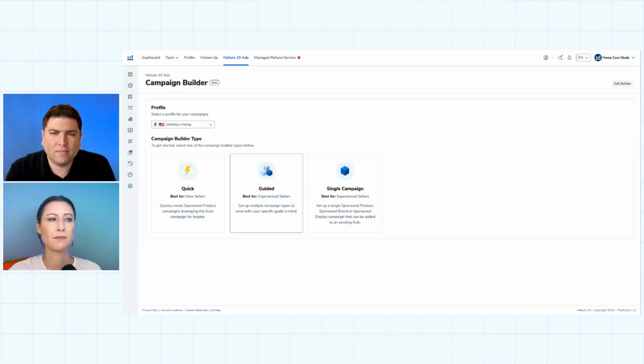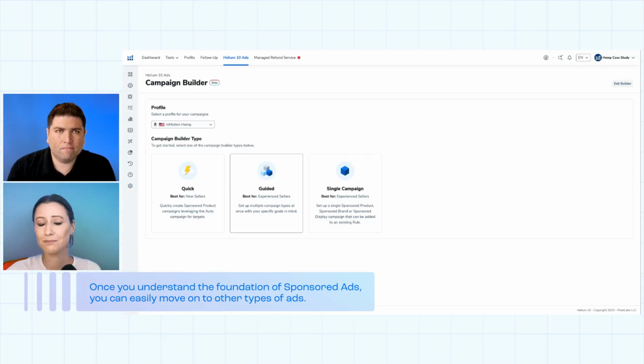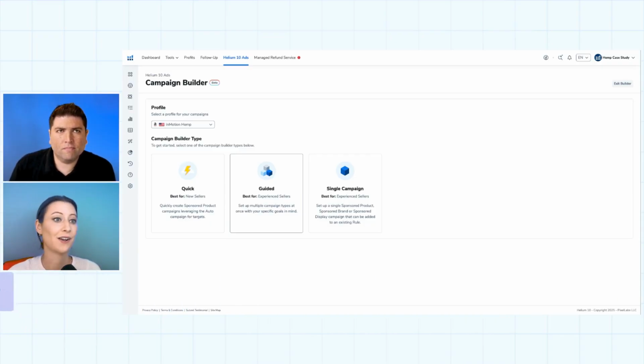Absolutely. And I would say the playbook's relatively similar. Once you learn the foundation, you can figure out the rest on your own. Sponsored brands is still keyword targeting and product targeting, just with creative added. Sponsored display is still product targeting, just with creative added and a little bit more flexibility around audiences. The foundation matters. And once you get that right, it's a lot easier to dip your toes into the other